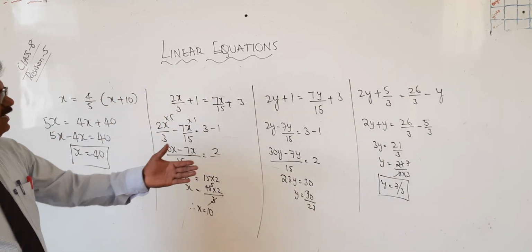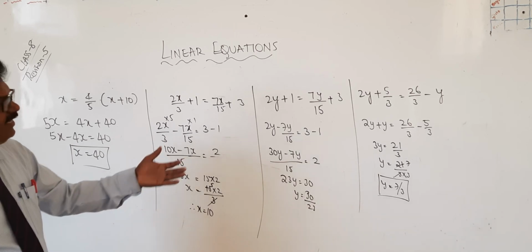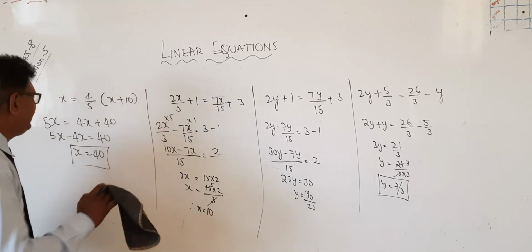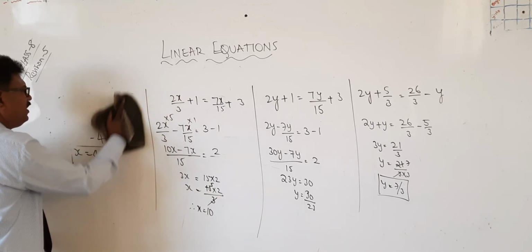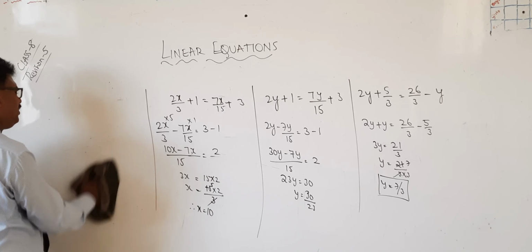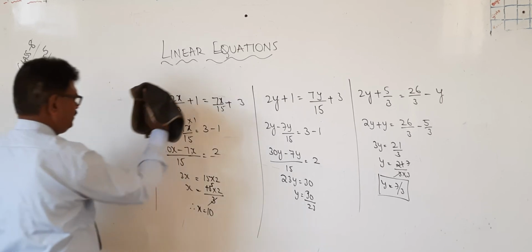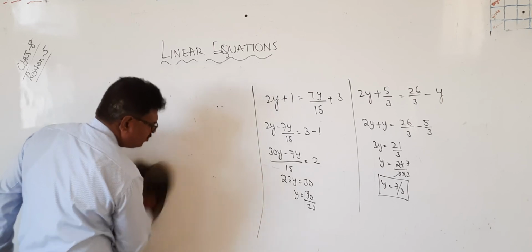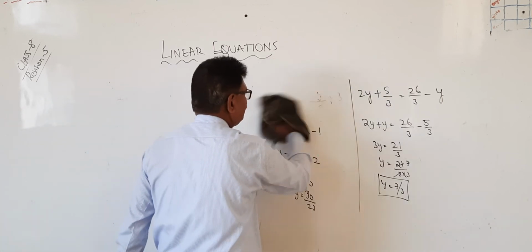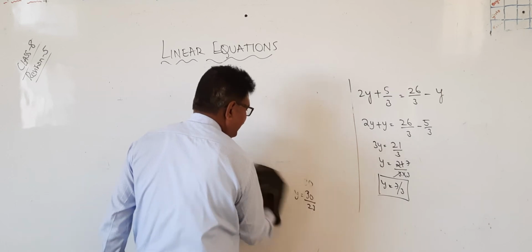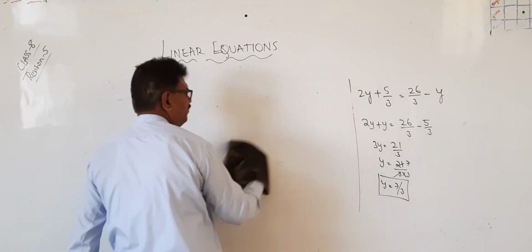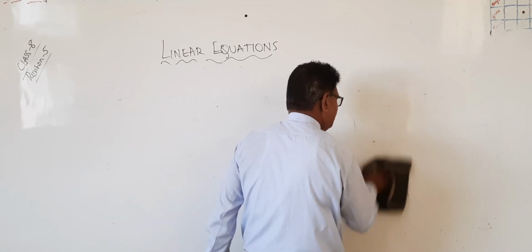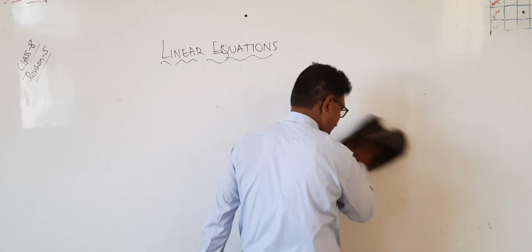So here different varieties are there. This is nothing but the second variety. In the first variety we have seen only one variable on one side only, and in the second variety we have seen the variable is present on both sides. Okay? So now we will see the third variety. First I am solving only these problems. Afterwards we will discuss the applications of these linear equations.